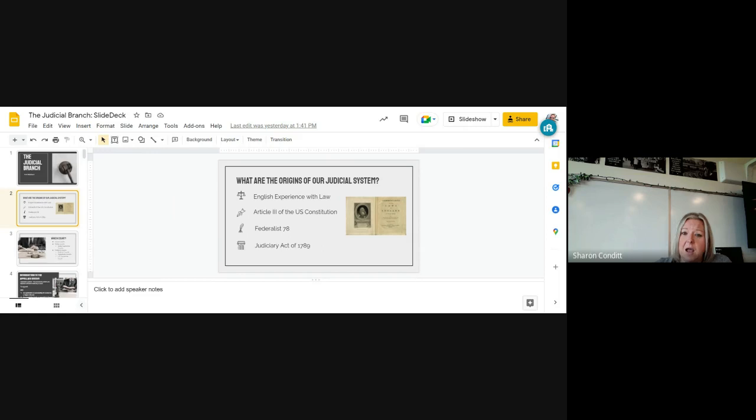The Judiciary Act of 1789 establishes that the Supreme Court is going to have 6 members. It uses the word chief, right? It establishes that there's a chief justice of the Supreme Court. That person is in charge of the court. They manage the court. And at the time, it says that there's going to be 5 associate justices. So a total of 6.